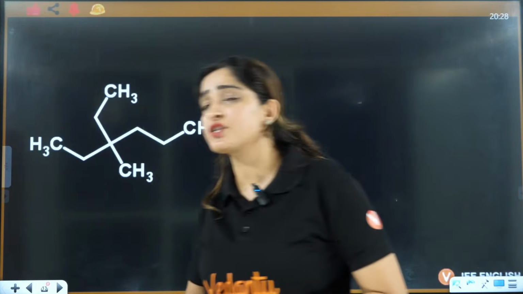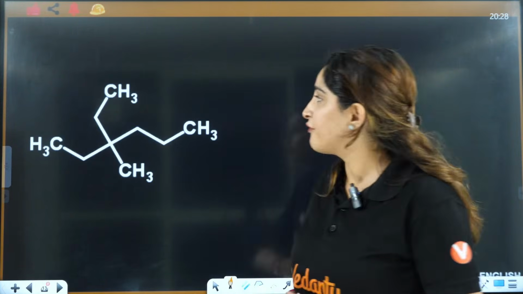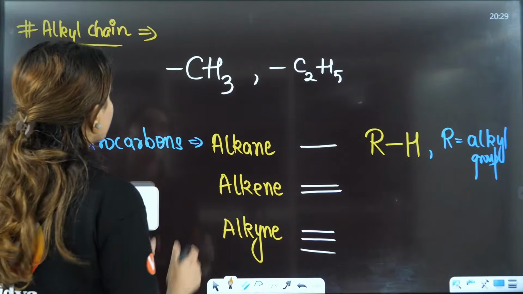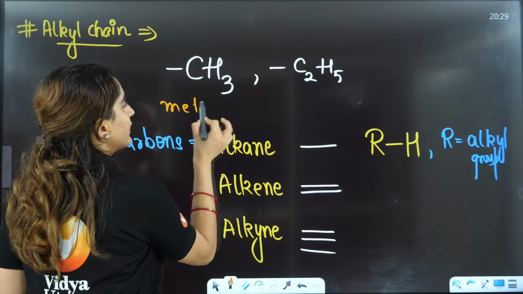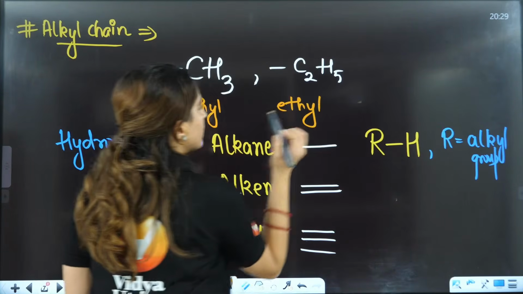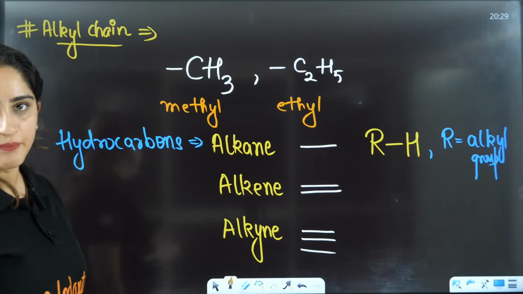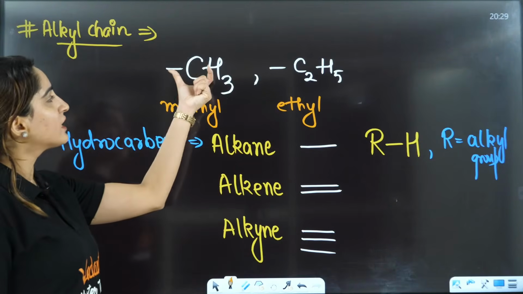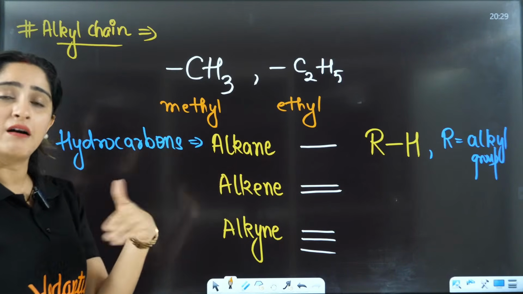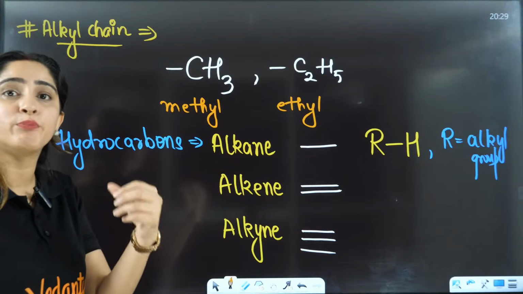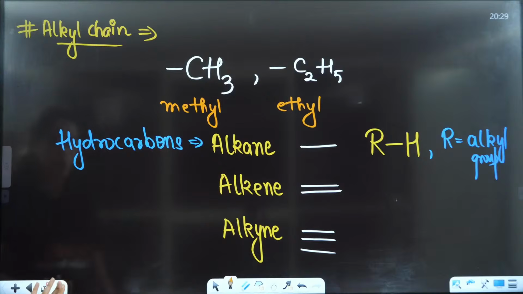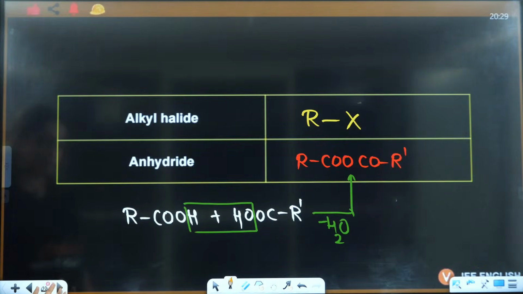Yes, it refers to only alkyl. If you have let's say CH3 here, this one is called methyl, right? This is ethyl, right? Yl is for alkyl because it's an alkyl chain, and here CH3 is 1 carbon, C2H5 is 2 carbon. By that you will have propyl, butyl, pentyl, hexyl, heptyl, octyl. Okay, this is what you are going to have.